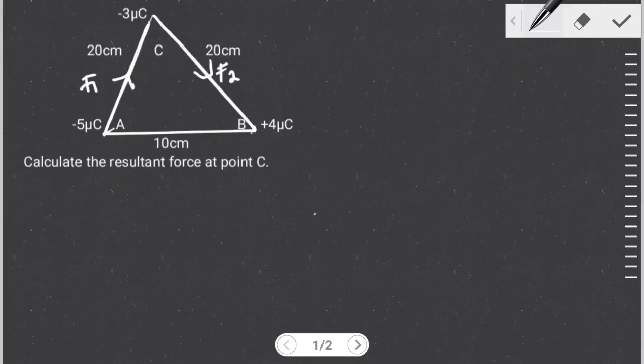Okay, in this example, we are going to be applying the same skills, where here I've already indicated the forces. The force between this and this will be repulsive, and the force between this and this will be attractive, but the greater force will be caused by this positive 4 nanocoulomb charge, because it will be attracting the negative 3 nanocoulomb charge downwards, while the negative nanocoulomb charge repels the negative 3 nanocoulomb charge upwards. The distance of separation of the charges has been given,